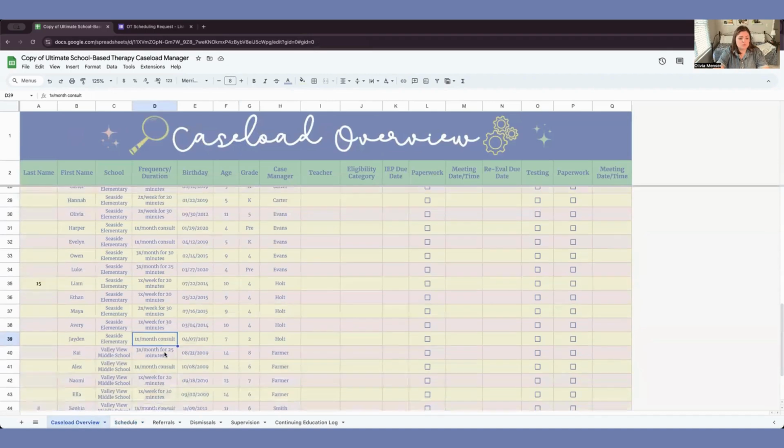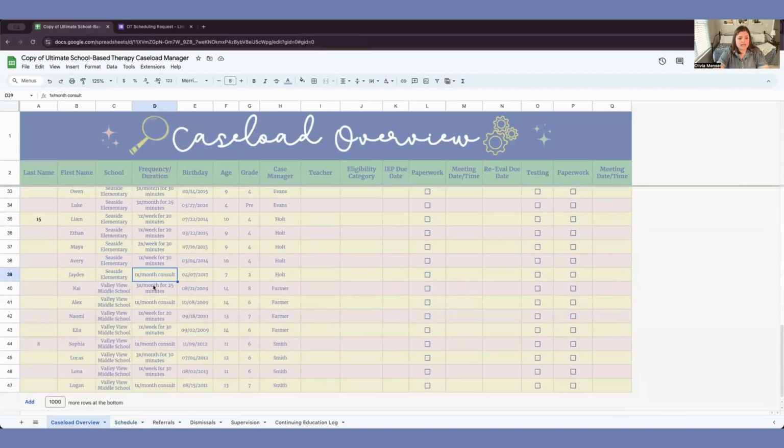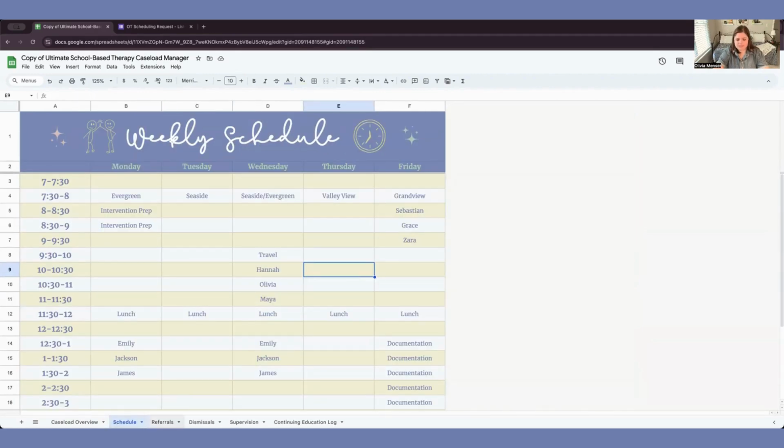Let's look at the middle school just for kicks and giggles and see what we've got. It looks like we don't have any twice a weekers at the middle school, so Thursdays should be fine for them. So that's my thought process here. Then we're going to work our way down with our once a weekers, and we're going to plug them in around these students. Once we've got all of our twice a weekers input in, let's